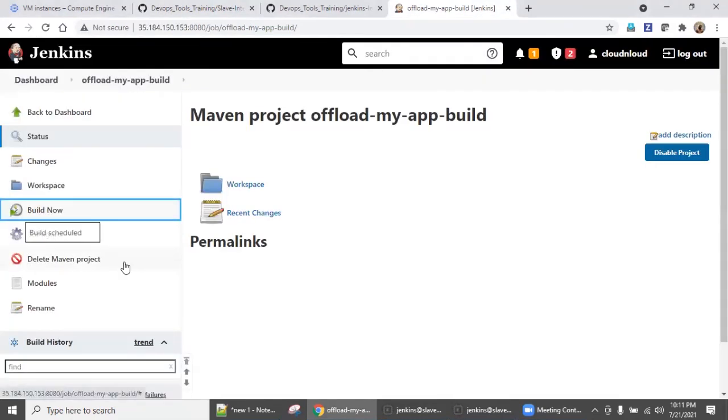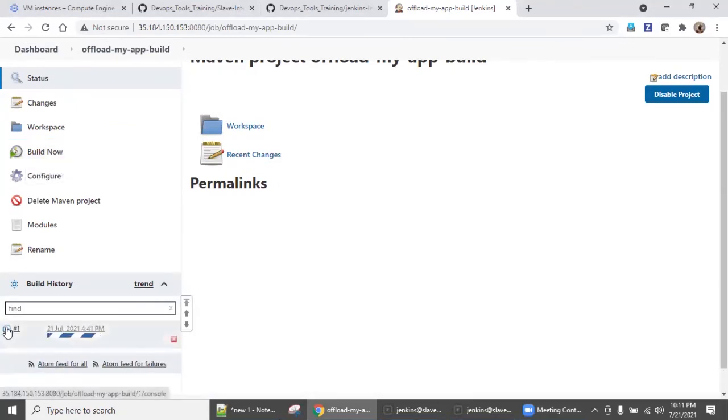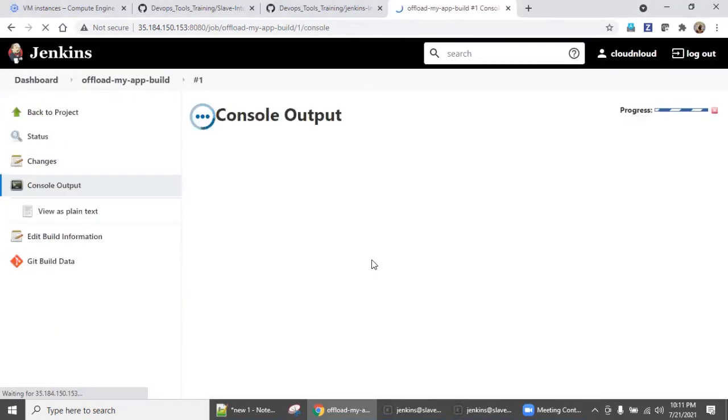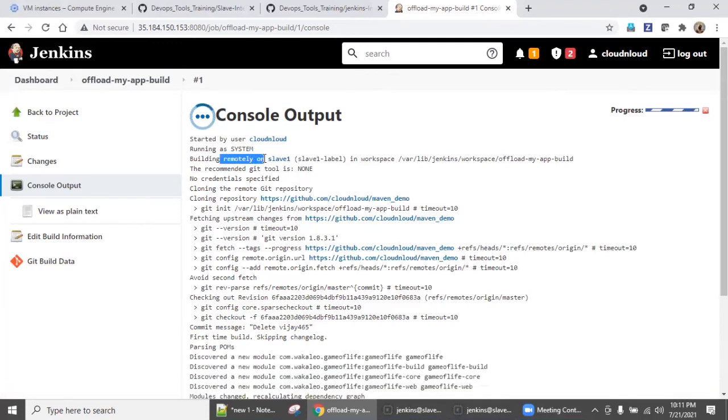So say build now, wait for it. Go to the logs and see where this is all running. So, building remotely. See here, this you have not seen in previous classes, right? Because everything happened in the same Jenkins master server. Right now everything is happening in the other machine, this machine.